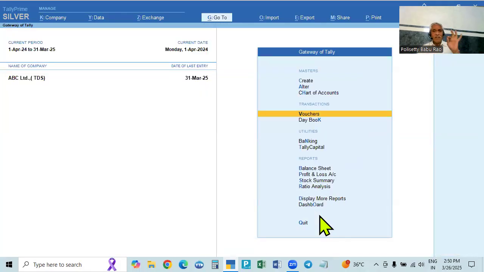That means every financial year, from 1st April to 31st March, we can record the transaction. From April 1st 2025, it will be a new financial year. We are going to complete this financial year in 4 or 5 days. And then we have to continue the accounting. So 1st April, again, we have to record. How to record 1st April? 1st April 25 is the beginning of the next financial year. To record, we have to create the next financial year. That is what we are going to learn.